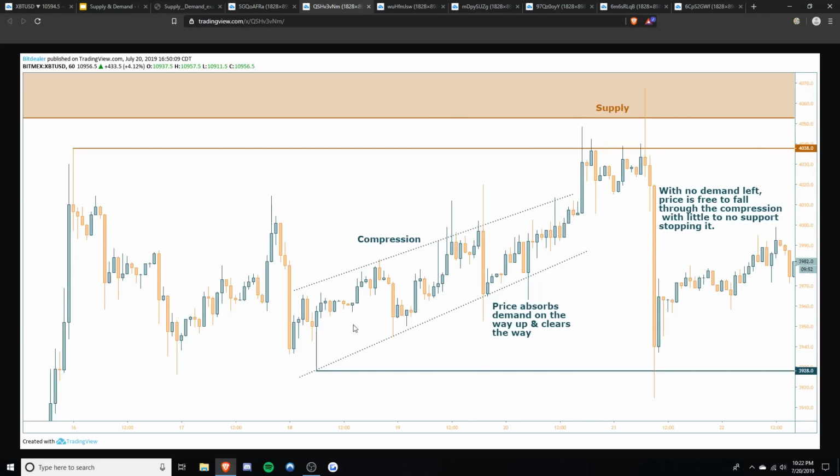So here we have compression up to another key high time frame supply zone. You can see there's really no fresh demand zone. This isn't a live chart, so I can't mark anything up, but you can see there's really no demand zones here. There is a little bit right here. Price shoots up, breaks this market structure, but it's not a very strong supply or demand zone. Price breaks it,